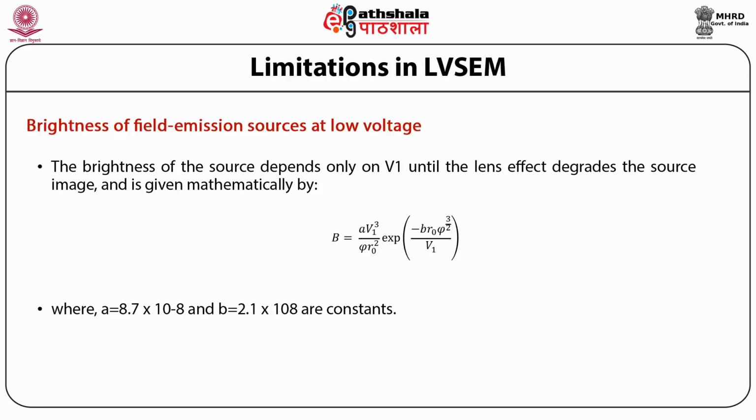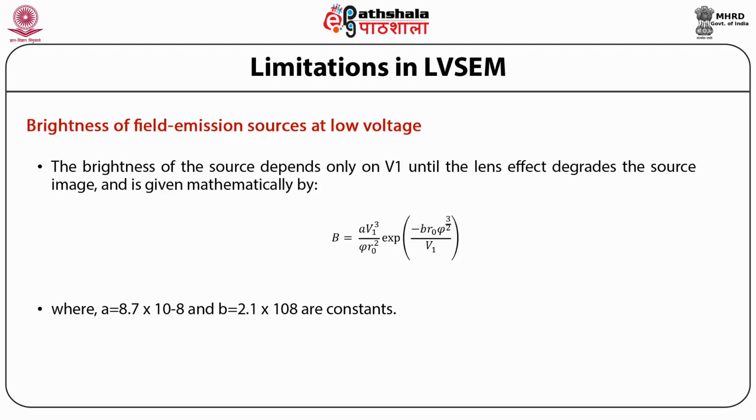Here, the brightness of the source depends only on V1 until the lens effect degrades the source image, and is given by B equal to a V1 cube divided by phi R0 square